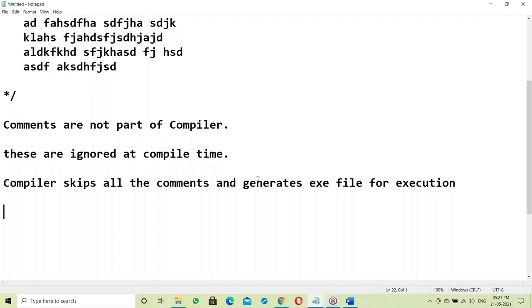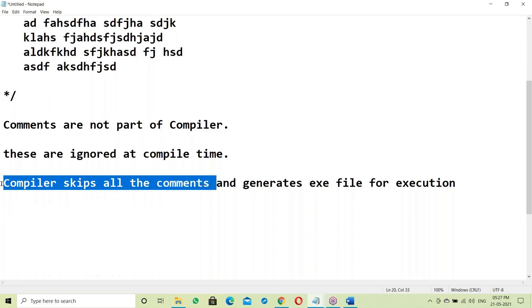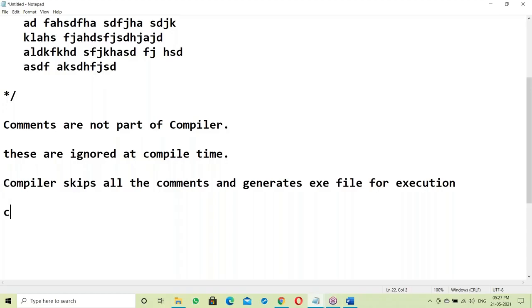These are only for the source program, only from your program, not from the actual file. So comments are skipped at compile time. The compiler skips all the comments and generates an exe file for execution.